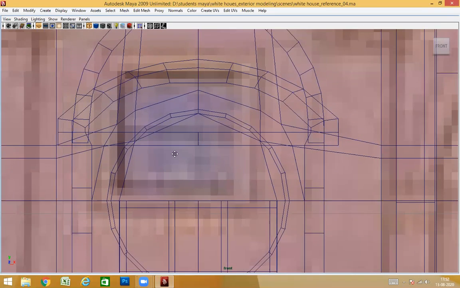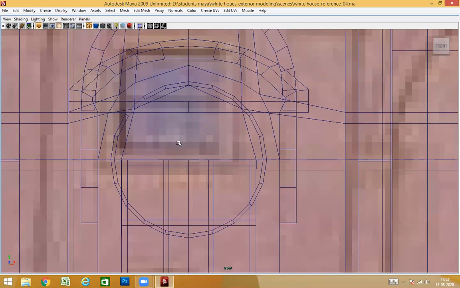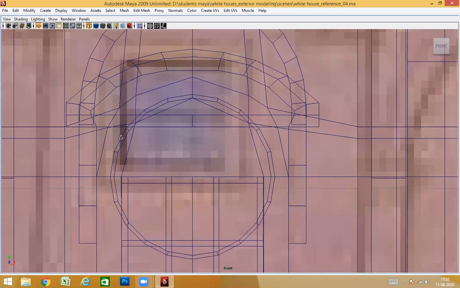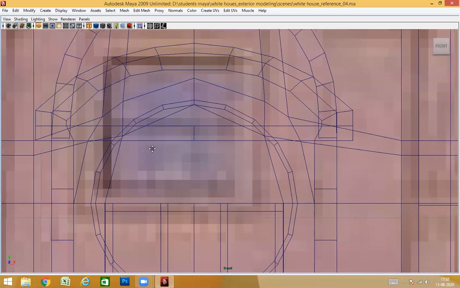Sorry, it's raining very heavily today, so that's the reason I'm facing a lot of network issues. Please bear with me. So I'm trying to match this, border part, and